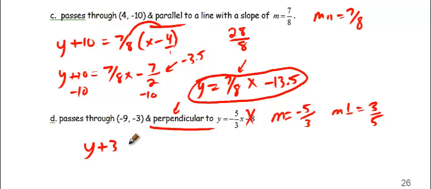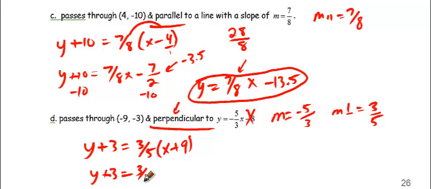a negative 3, equals our slope, 3/5, positive, times x minus x1, which is negative 9, so plus 9. So we get y plus 3 equals 3/5x plus, well, not much going to happen here. We're just going to get 27/5. All right? Which, if you want to go decimal, that's fine, but you subtract the 3 over, so minus 3, I think you can see that. And your y equals